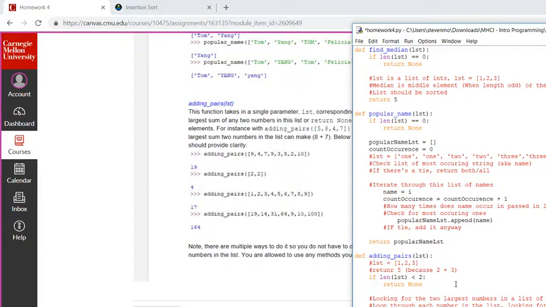Or you could try every combination, which might be inefficient. So if I'm just looping through a list, then I might be like,